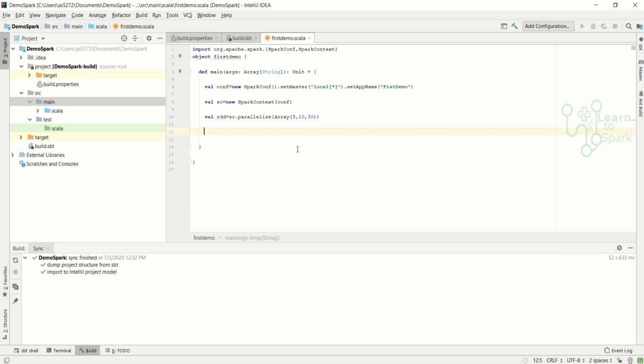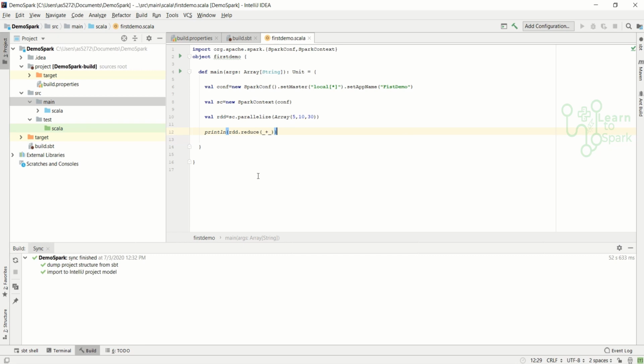For that I will give rdd dot reduce. For adding I am giving underscore plus underscore. Let me print this as well. I will give println. So now our sample code is ready.